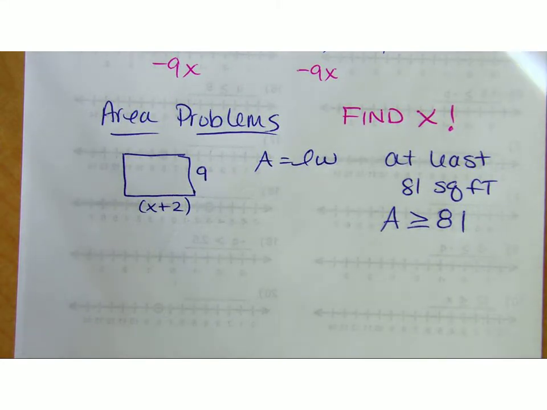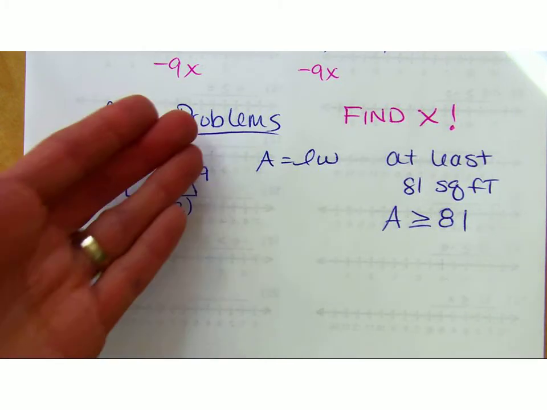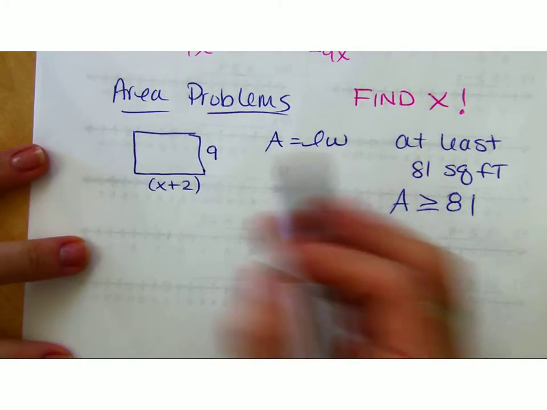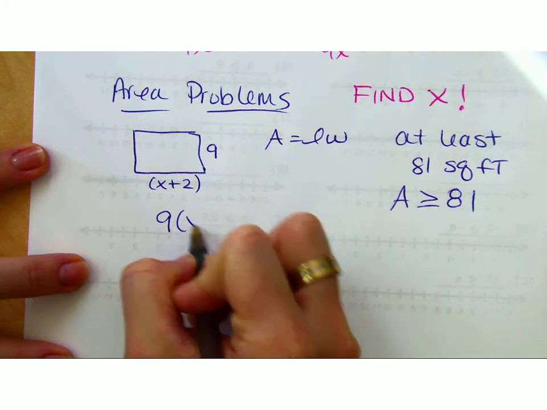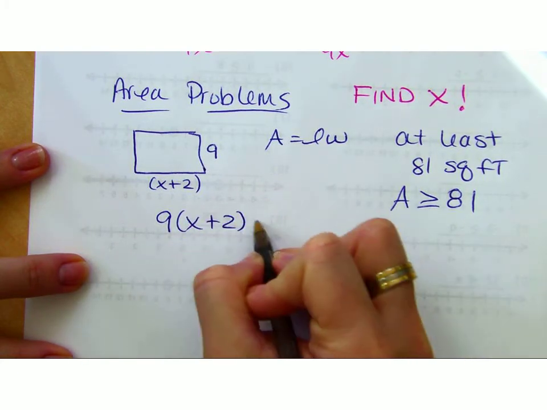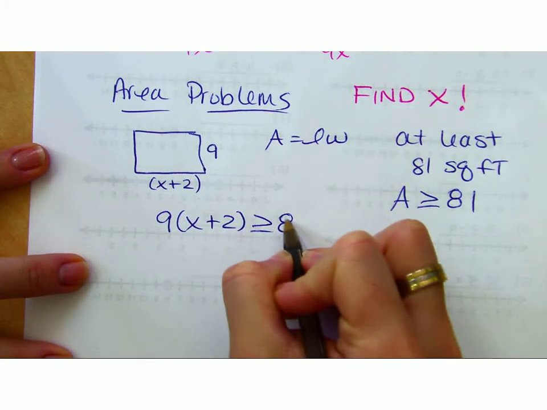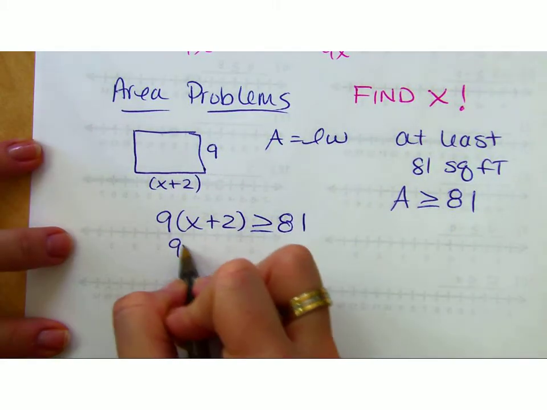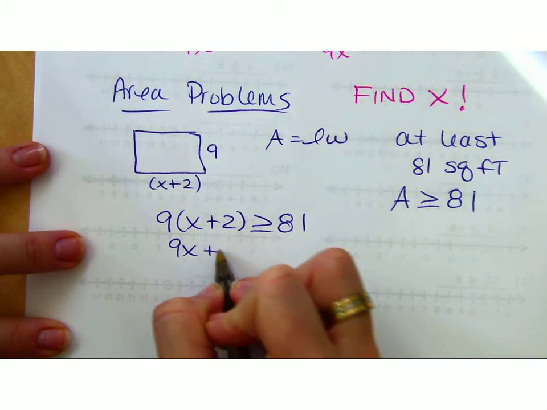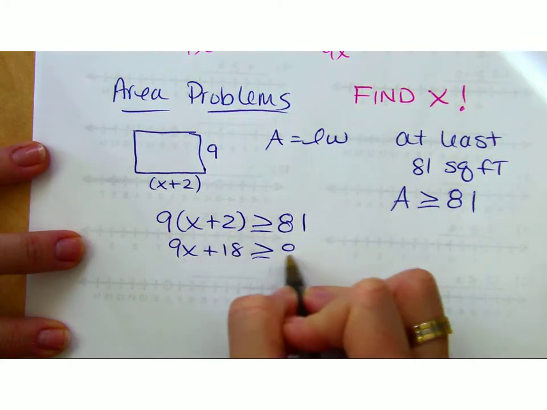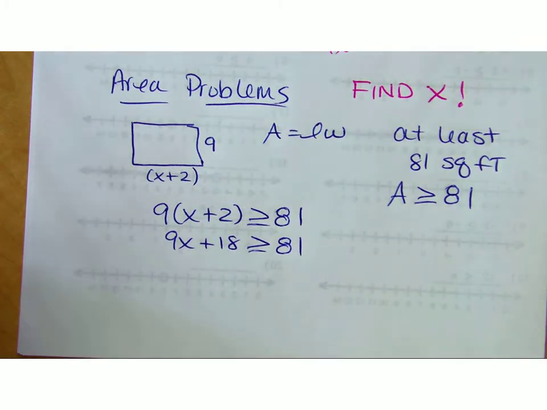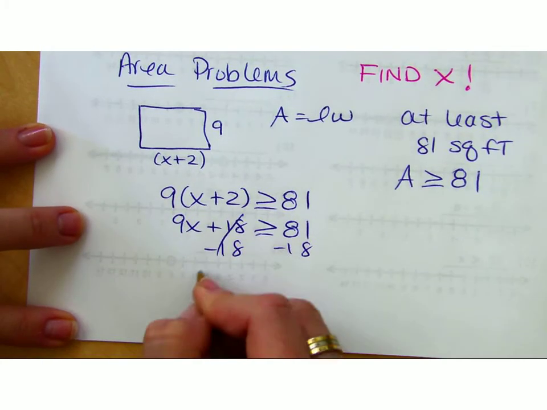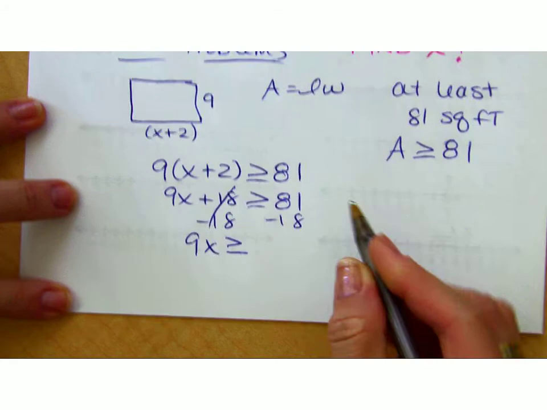Area is length times width, and this times that needs to be greater than that. Go, set it up. It's actually really simple. Length times the width needs to be greater than or equal to 81. And when you solve that, you obviously have 9x plus 18 is greater than or equal to 81. And then you're going to subtract 18. Be careful doing this. So 9x is greater than or equal to, take 20 away from 81, and that gives